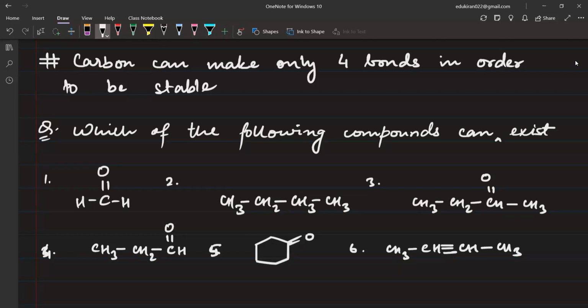Actually, in the question, make it 'cannot exist'. Tell me what are the compounds which cannot exist. That means you have to look in the compounds. There may be 1 carbon or multiple carbon. You have to see, does each and every carbon make